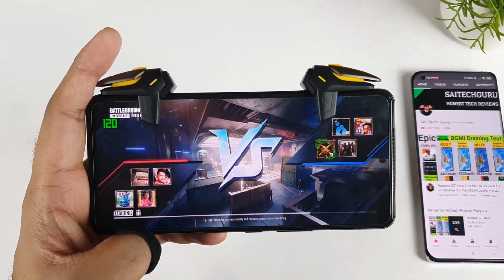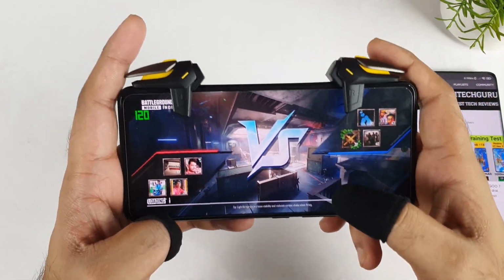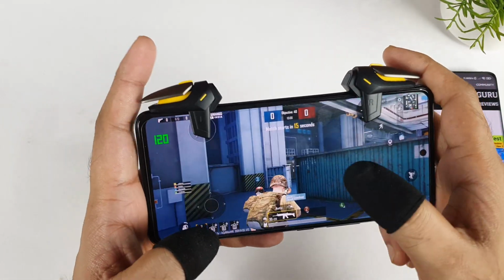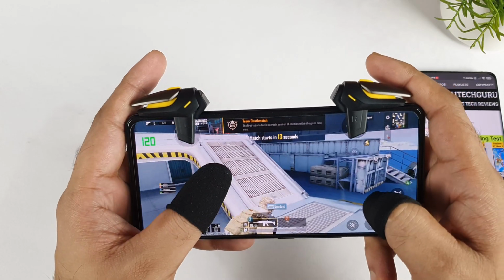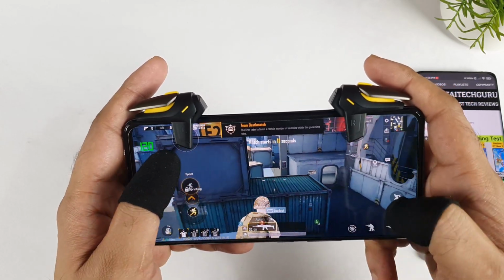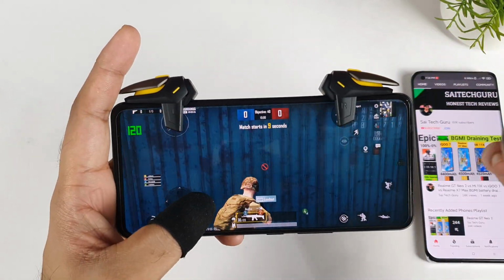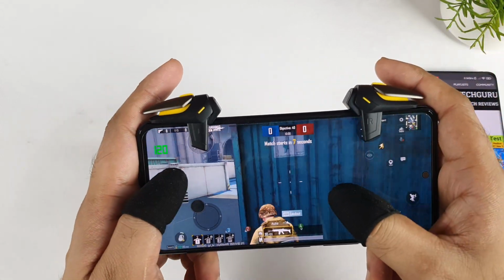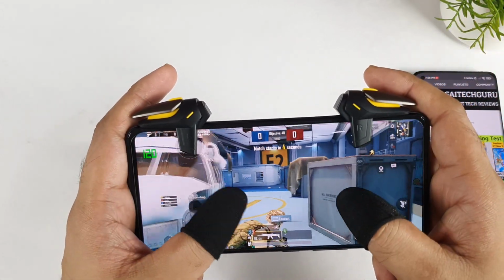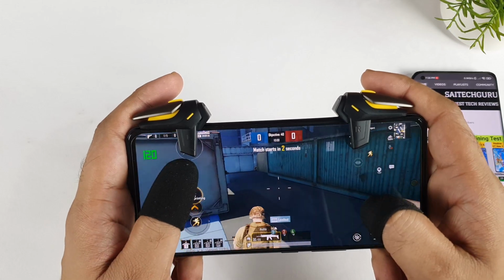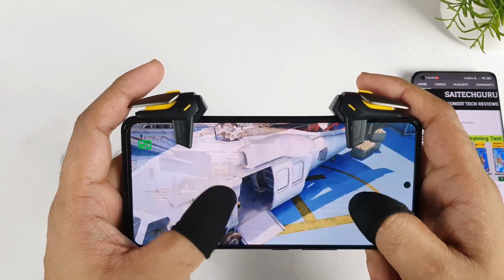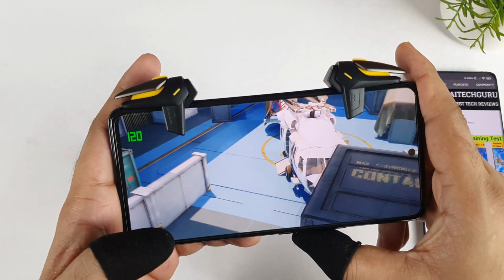In case the GFX tool is not working for you, you can do it in this method as well. I did get a couple of config files, but sometimes when I try to use them, my accounts get banned immediately, within one or two matches. So I was unable to record the videos, but using this GFX tool, till now my account did not get banned. That's the one thing I thought of mentioning for you all in case you are looking to install any kind of config file.